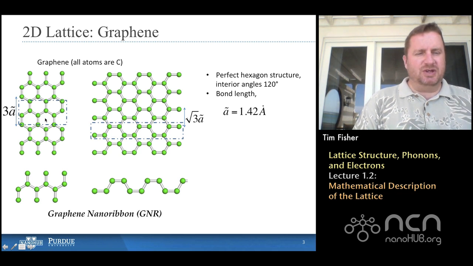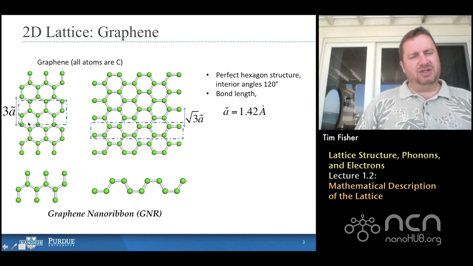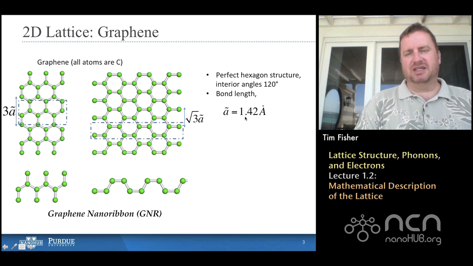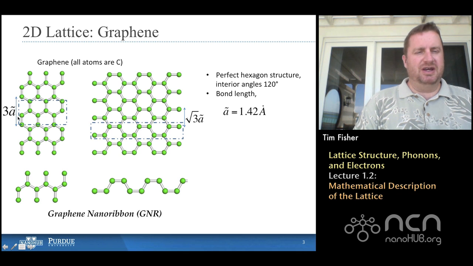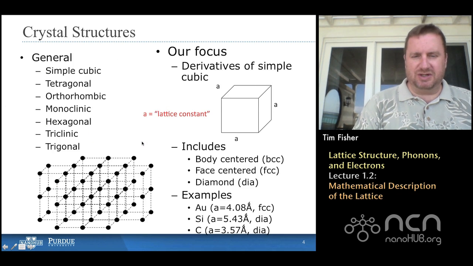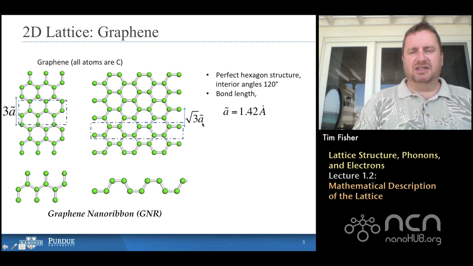But then, as we start to think about the ways that we can describe this structure mathematically, we see that the lattice itself repeats its arrangement of atoms, not every distance ã, that's the interatomic spacing, but rather on some larger length scale. Like if I move in the direction that I'm showing here, bottom to top on the left figure, then it repeats itself every distance 3 times the atomic separation distance. And then if I look at a different orientation, then that distance of periodicity is the square root of 3